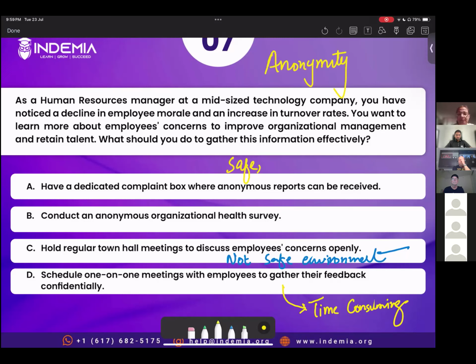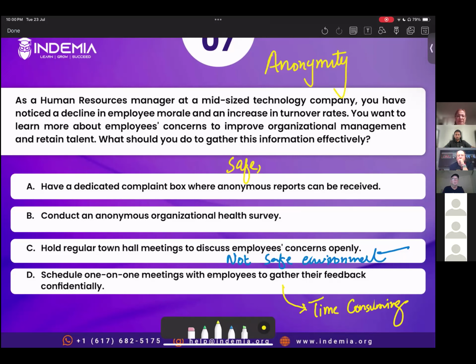So one of you has mentioned option D is correct because one of the PMIisms is have direct face-to-face communication, right? That is correct. But dynamics are different when you're talking about your own team member and when you're talking about the entire organization. When you have a team member who is working with you, there is a close connection and you understand each other's personalities and there is a level of trust. So you can have that face-to-face or one-on-one conversation.